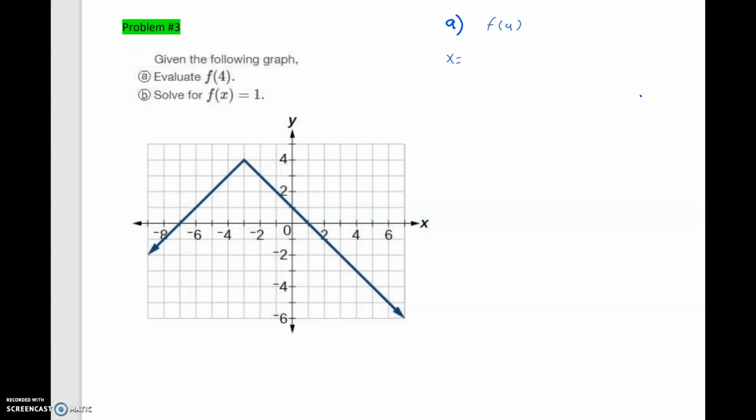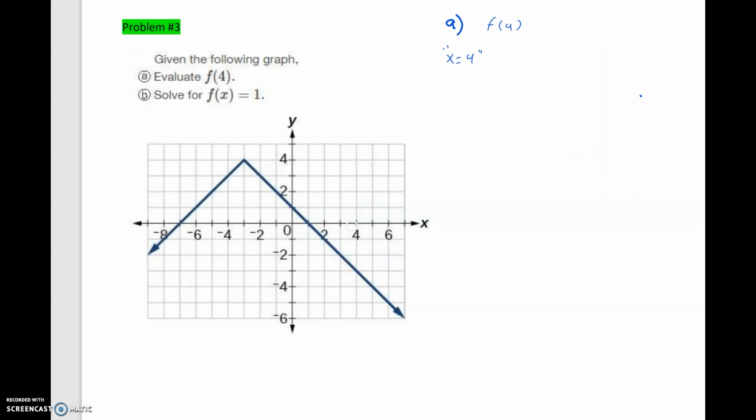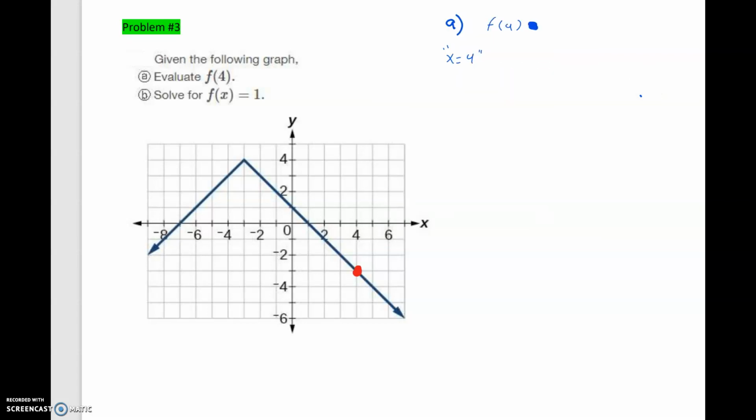Remember that x here represents 4. So at 4, you technically have the following in terms of a coordinate point. So this is x is 4. Remember that these are your x's. These are your y's, your domain and your range. At 4, we're going to have this value here. So in this case, this coordinate point is going to be -3. So for this one, we would say that f of 4 is equal to